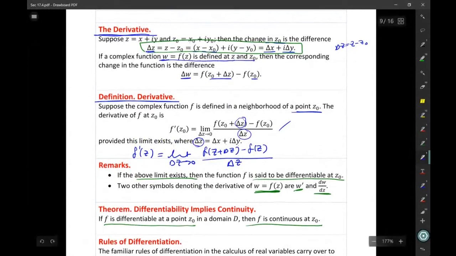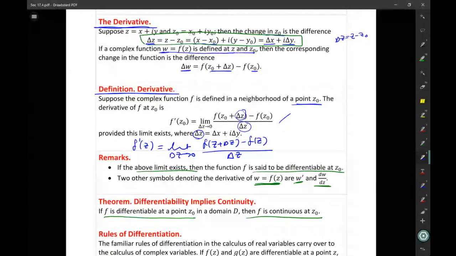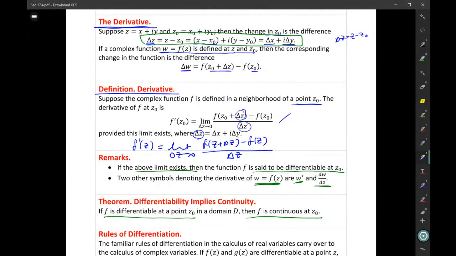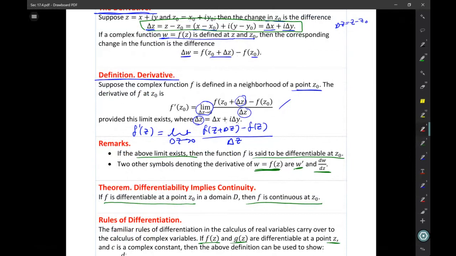And we said that to show that the complex function f is differentiable at the point z naught, the limit of f of z naught plus delta z minus f of z naught, divided by delta z, where delta z goes to 0, must exist. But when we discuss this limit, we have to make sure that the limit exists whatever the path of delta z is, because as you know,